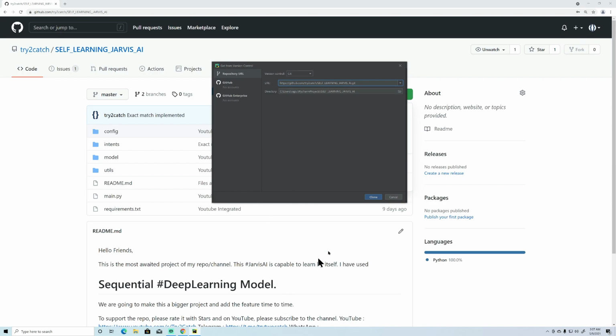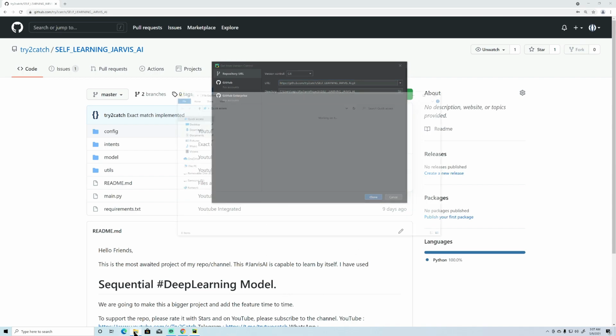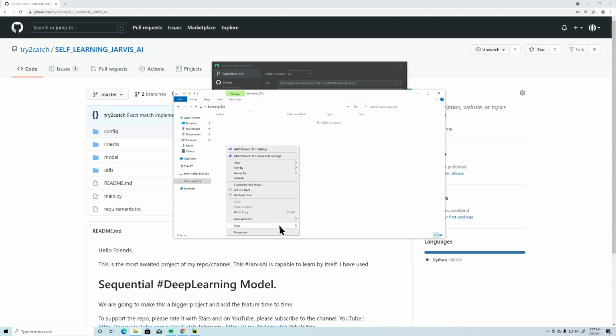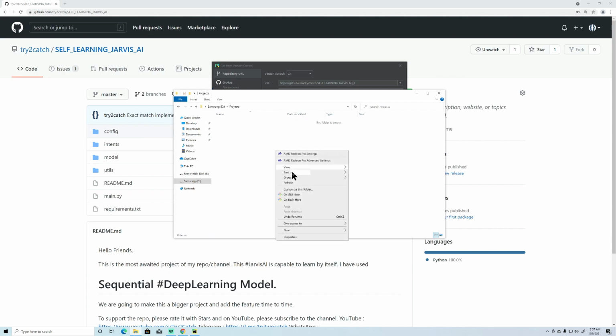And the second way to have this, I'll tell you now. Just create the folder where you want to clone the repository. I am just going to create that as projects, and here, just right click and you will get these two options: Git GUI here and Git Bash here. If you are not getting these options, that means you have not installed the Git utility, right?